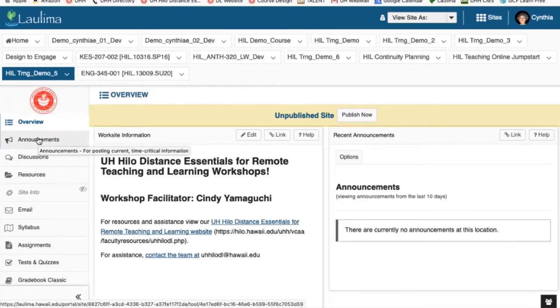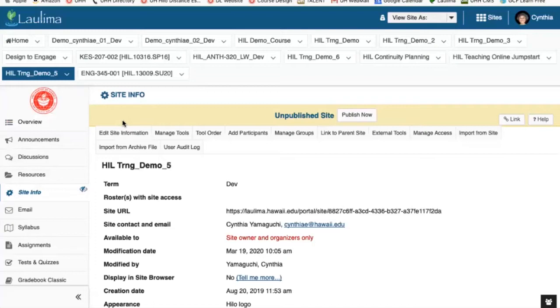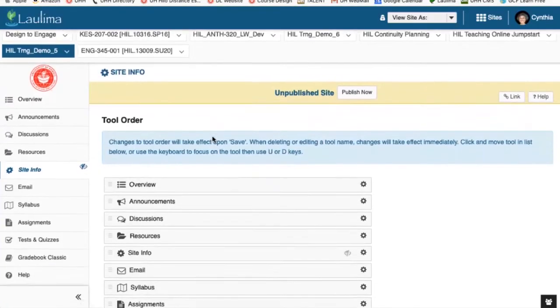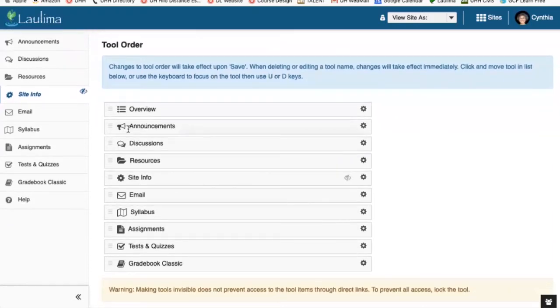So again, we're going to go back to Site Info, and we're going to see how to move those buttons and rename them. Again, we're going to come over here. We're looking at Tool Order. Now, when you first come up to Tool Order, you're going to see a list of all the tools, and you'll see to the far left of each one, there are 3 little gray bars or lines. And that's what you want to click on, and then you're going to click with your left mouse button, drag,